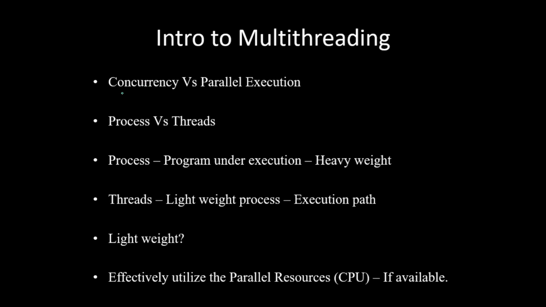What is meant by concurrent execution? There is a difference between concurrent execution and parallel execution. So what's the difference? That's what we are trying to understand. Assume that the computer has only one CPU, and you want to execute three processes or three tasks simultaneously. Say these are three tasks: task 1, task 2, and task 3, or you can call them process 1, process 2, and process 3, anything. Now you have only one processor.